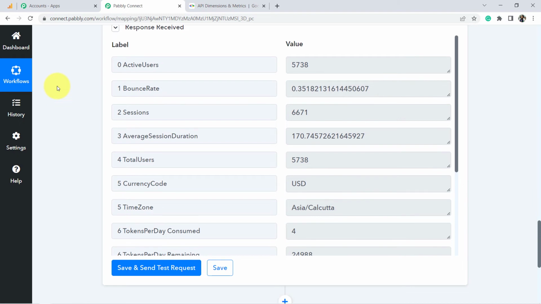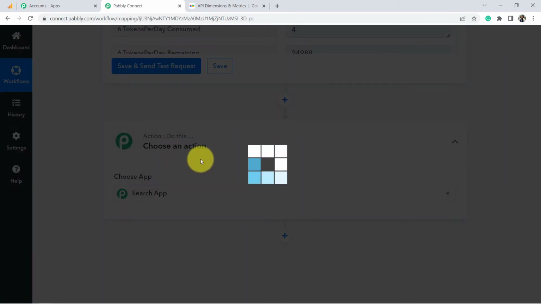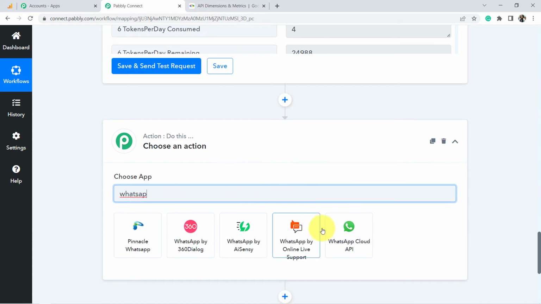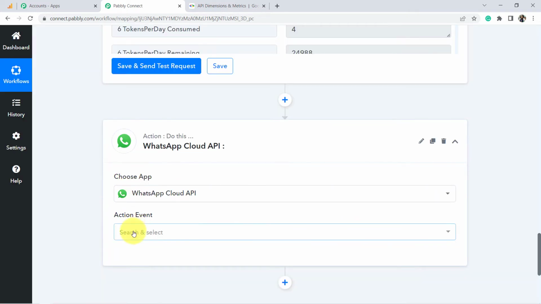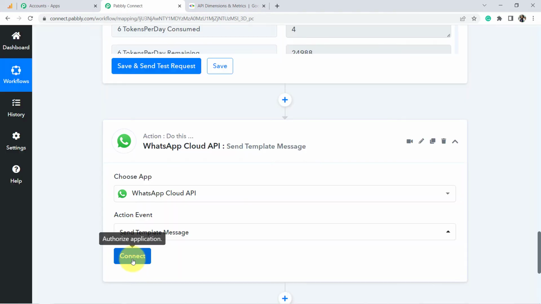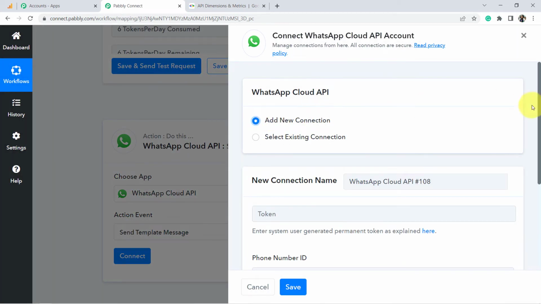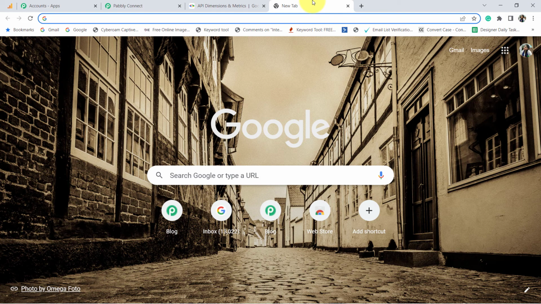So again, moving further, I am going to click on this plus button. And for WhatsApp, I am going to use the service WhatsApp Cloud API, which is the official API of WhatsApp launched by Facebook recently. Now in action event, I am going to choose send template message and click on connect, and it will ask you for the details. Click on add new connection. It is asking for 3 details. From where will you get them? You will have to type